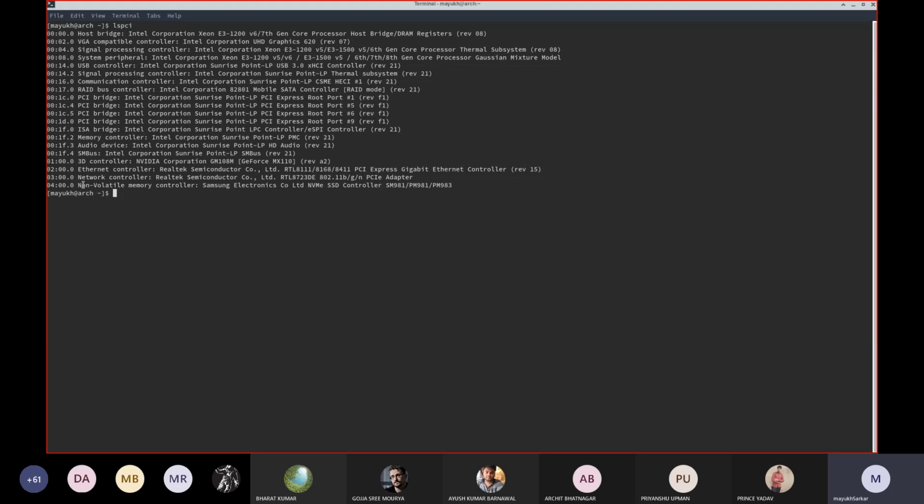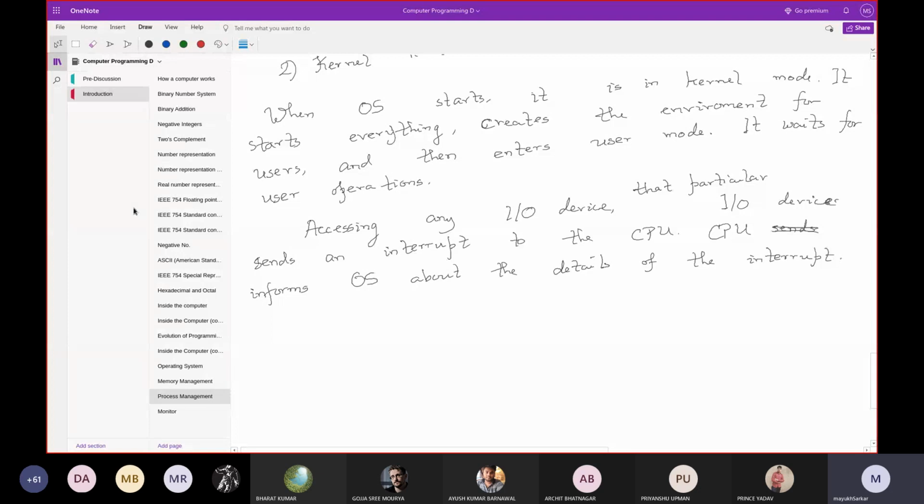I have an NVMe SSD here, and on which PCI port it is, its corresponding ID, everything is here. The CPU knows everything, and the operating system is given all the information. Now, the CPU informs the OS about the complete details of the interrupt.